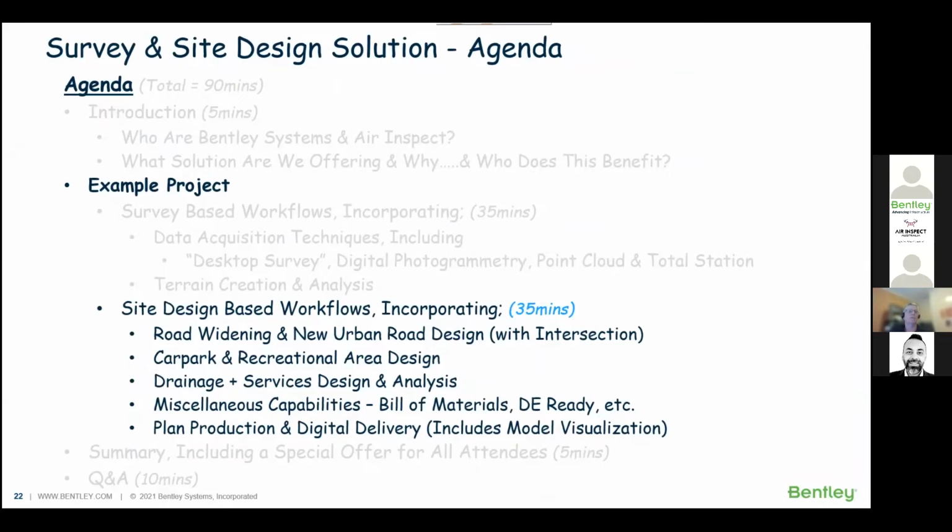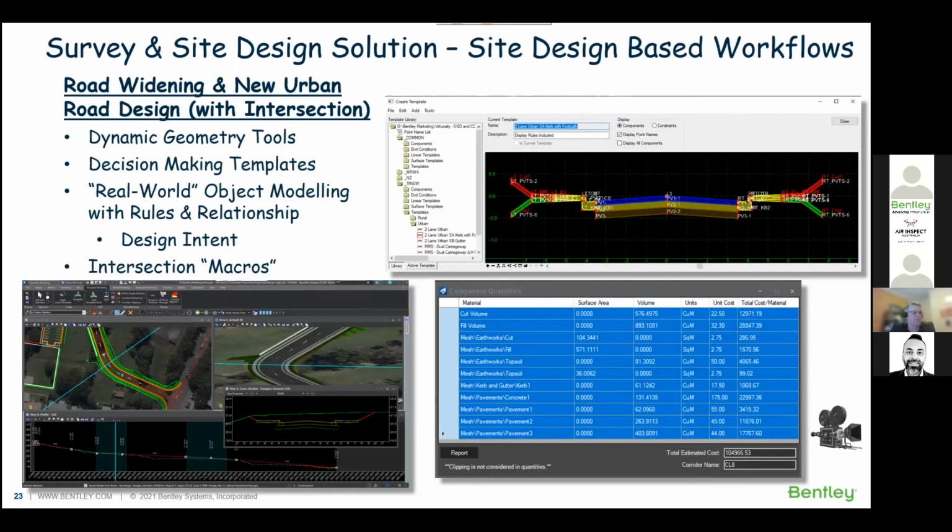So let's jump into the site-based workflows. I'll start with that road that I was talking about, Ulm Street, that road on the left-hand side, or on that western edge there. We're going to perform some road widening there. We're also going to do that Greenfield road, and that link road in between as well. And to do that, we're going to make use of